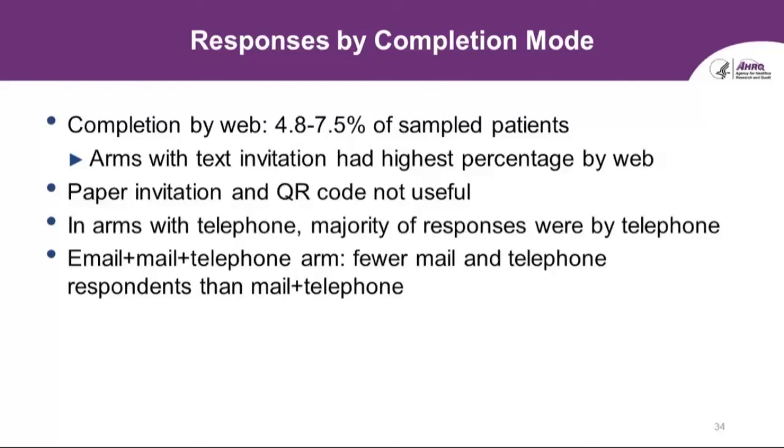Our analyses found that the use of a paper invitation and a QR code were not useful in terms of improving response rates. And not surprisingly, in arms with telephone, the majority of responses were by telephone. And in the email plus mail plus telephone arm, which is the arm where we saw the highest response rate of 27%, we saw significantly fewer responses by mail and phone compared to the standard mixed mode,